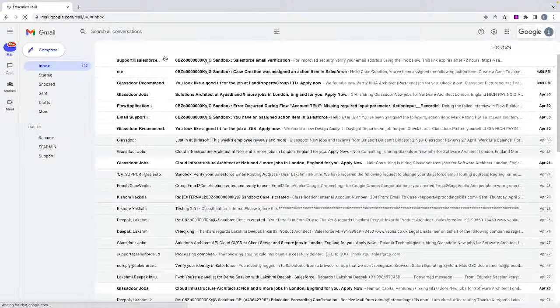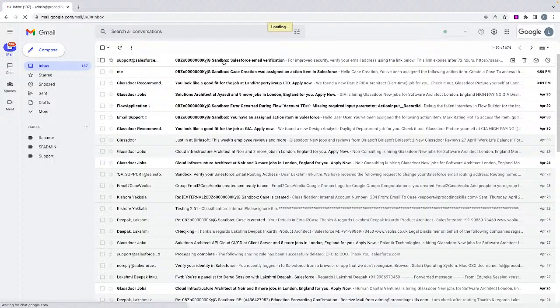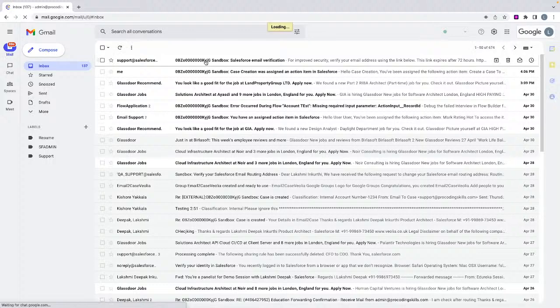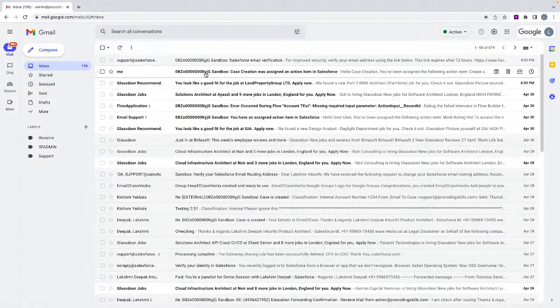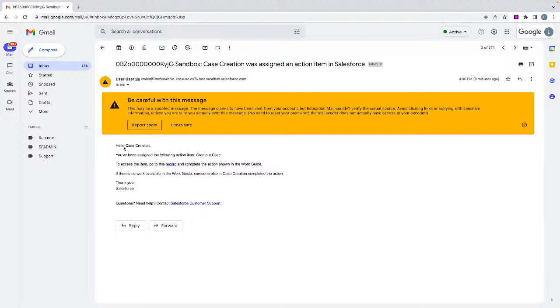Because we are assigning tasks to a group, you can see here. Okay, this is different. We have a case creation. That's the flow we have.